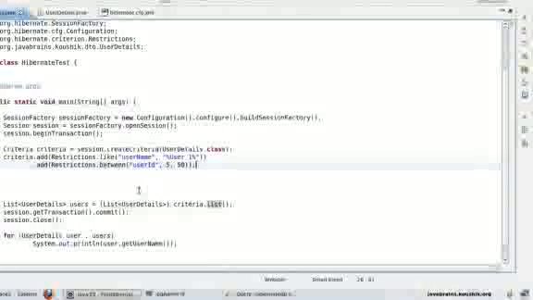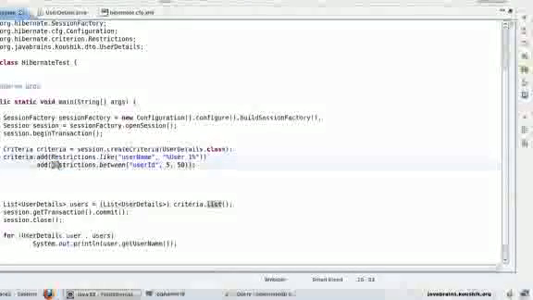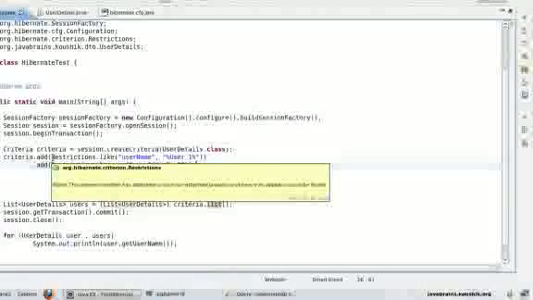Now what if you want to do an or? You want either this restriction to work or this restriction to work. So if any record satisfies either of these restrictions, then pull up the record. So say you have a requirement like that. How do you manage that in the criteria API? So the way you do this is by using